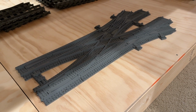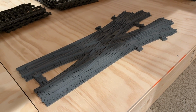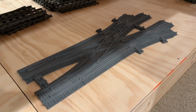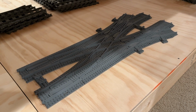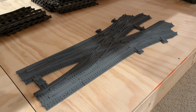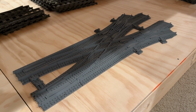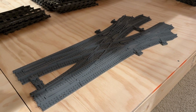In today's video, we're taking a look at a new track module that I picked up from TrixBrix. It's their hybrid double crossover R104. Really big fan of all the different track modules that TrixBrix releases. I've got a whole bunch of their track modules integrated into our layout here in the Lego room, and looking forward to adding this piece of track here to our new lower layout that we have underneath our main track